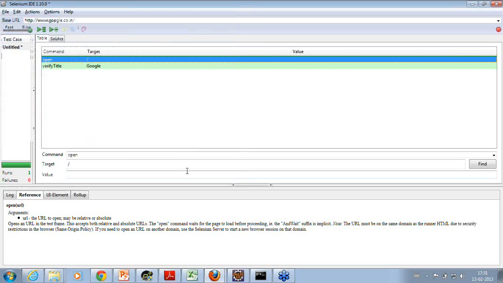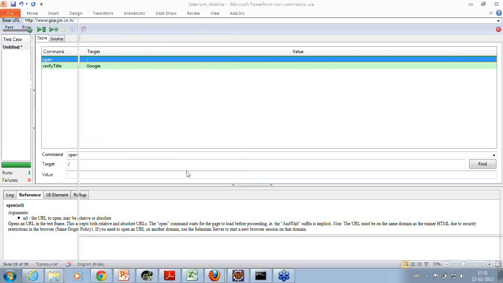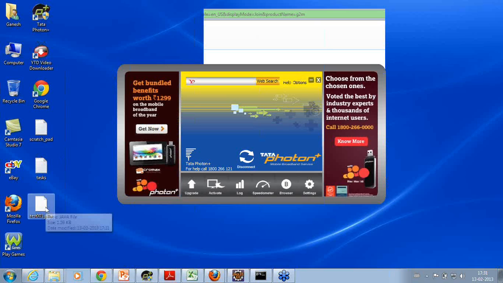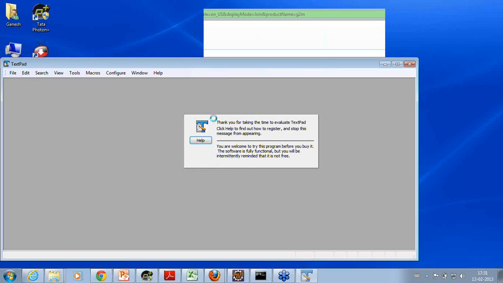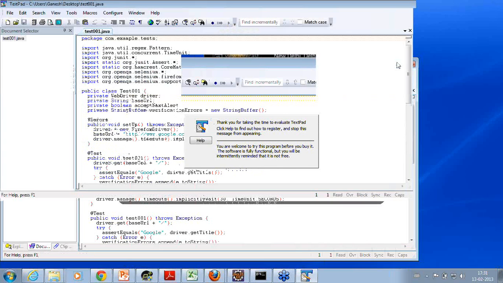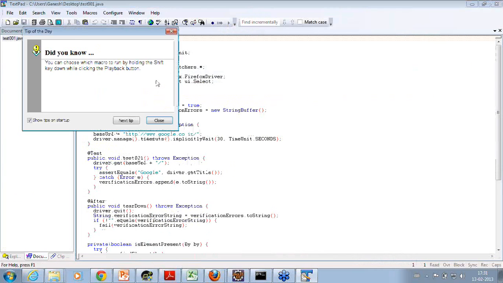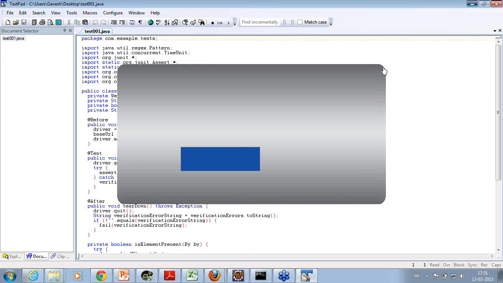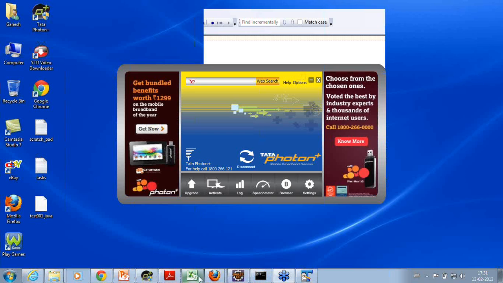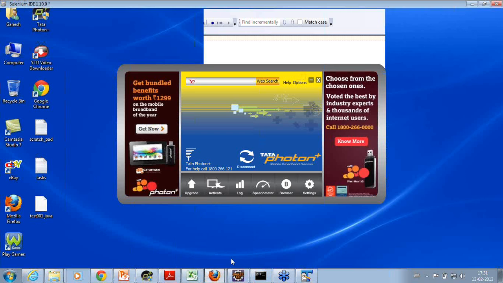Then I edit it using, let's say, TextPad. If I do this, you can see it has recorded the whole script as Java, which is compatible with the JUnit 4 framework. All right. So let's move back to Firefox IDE.